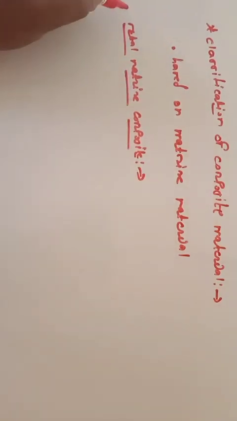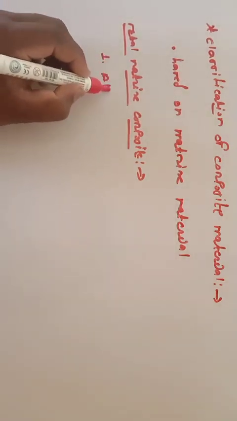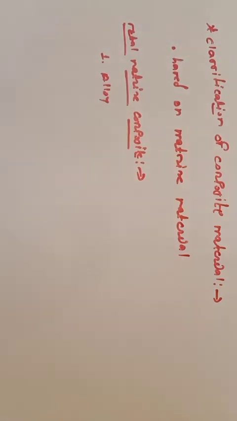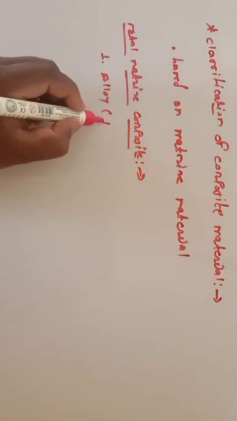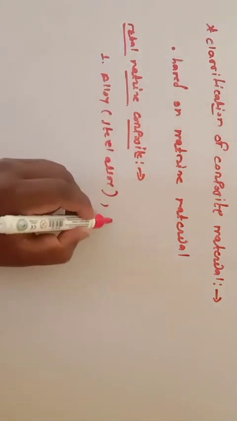If you consider this metal matrix composite, whatever the matrix material, it is nothing but your alloy. For example, steel alloy is there, or metal atoms are also there,